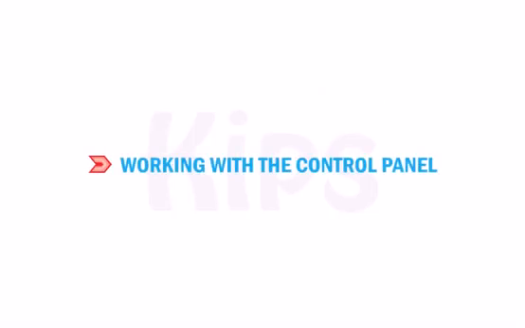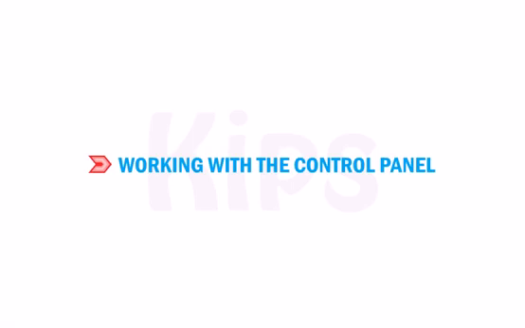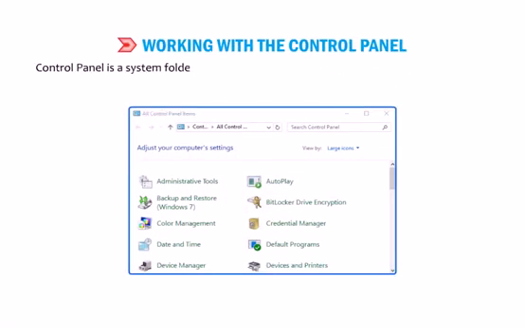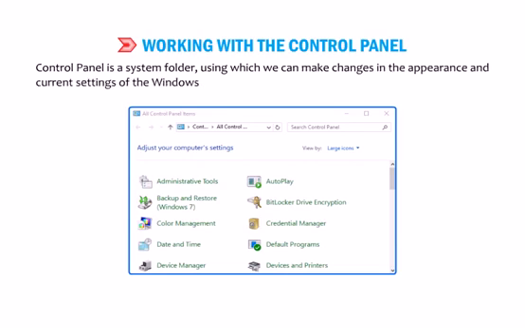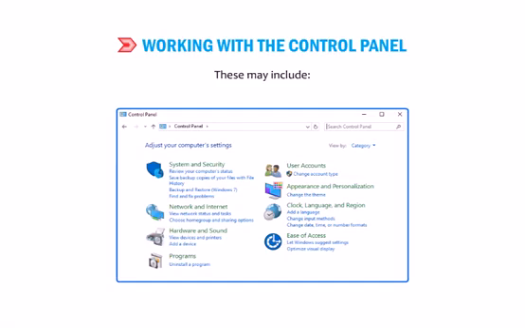Now let us learn how to work with the Control Panel. Control Panel is a system folder using which we can make changes in the appearance and current settings of the windows. These may include appearance and personalization of the desktop, hardware and software setup and configuration, system and security, networking and internet, user accounts and family safety, setting clock, language and region.